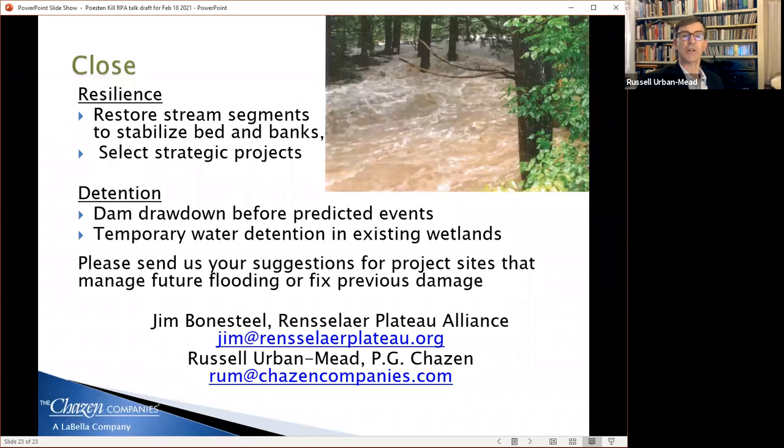There are some strategic projects that I did not bother to talk about this evening that have to do with a couple of culverts that we absolutely identified as being undersized and just should be upgraded. There were a couple of bridges that this hydraulic study identified should be wider span. But I think that the bulk of the argument is that if those are all very expensive projects, and when